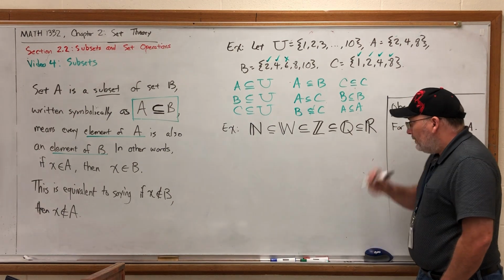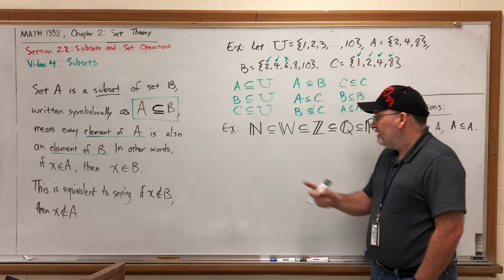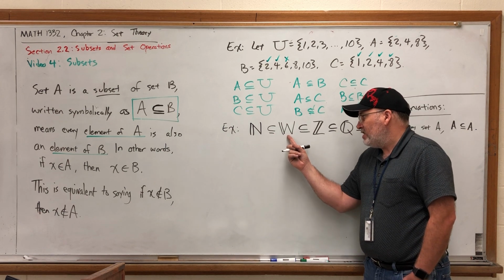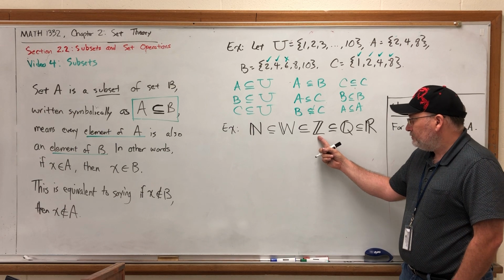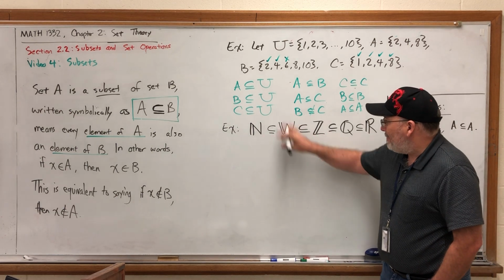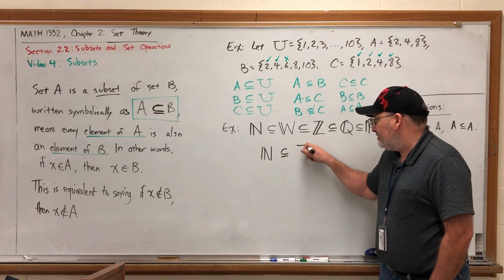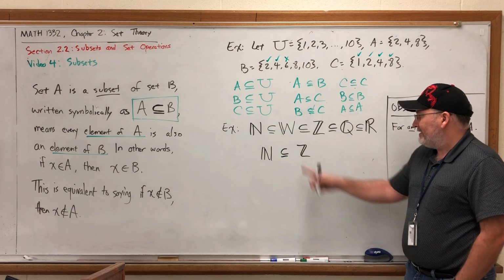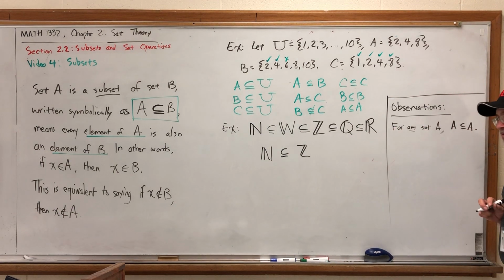And the subset relationship is sort of transitive in the sense that if one set is a subset of another, and that one's a subset of a third set, then the smallest is a subset of the largest. In other words, I can bypass any guy in the middle and say something like the natural numbers are a subset of the integers. Or I could say the whole numbers are a subset of the real numbers. Which brings me to observation number 2.